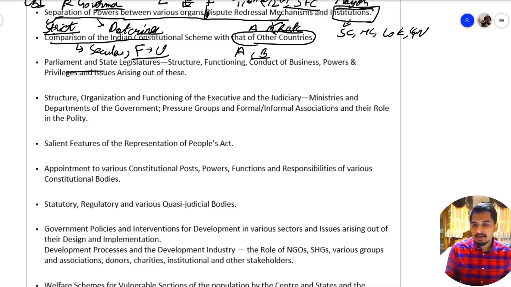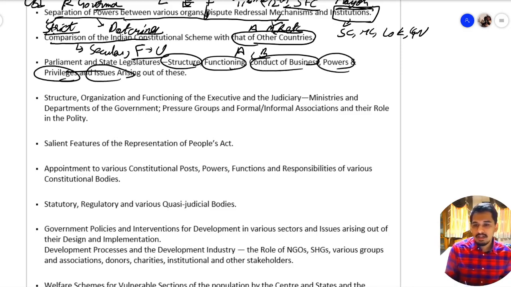Then we have parliament and state legislature. What is their structure? How do they function? How do they conduct business? What are their powers and privileges and the issues arising out of this? See, in functioning, how do they function? They pass motions, they pass bills, okay, they conduct debate. Then in privileges, you should know what are the privileges of legislatures and parliamentarians in the Indian Constitution and what are